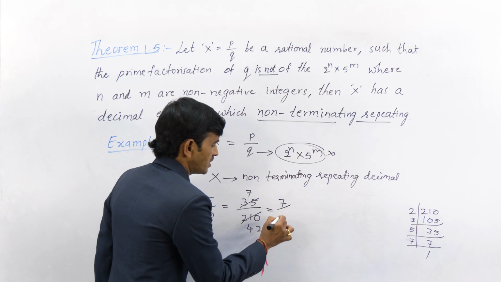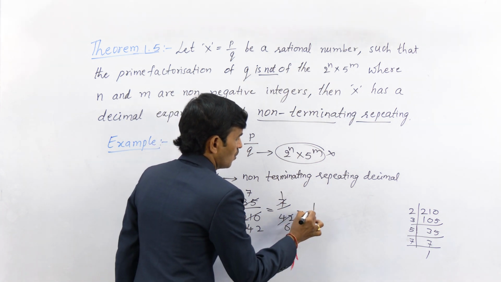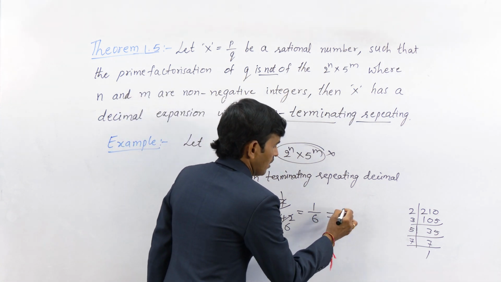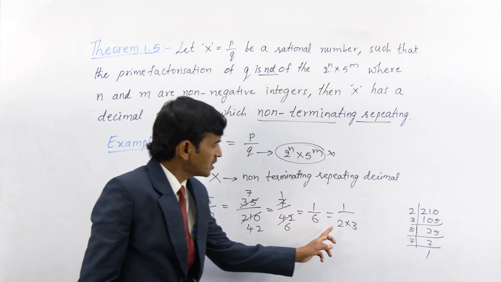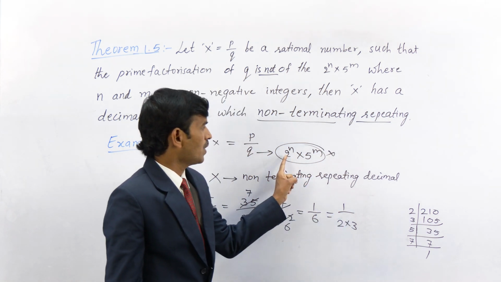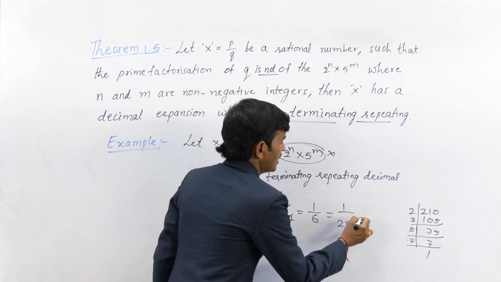So it can be expressed as 7 ones are 7, 7 sixes are 42. So 1 by 6 you are getting. That 1 by 6 is nothing but 2 into 3, which is in the form of 2 and 3 combination, but not in the form of 2 power n and 5 power m. Hence, this 1 by 6 is